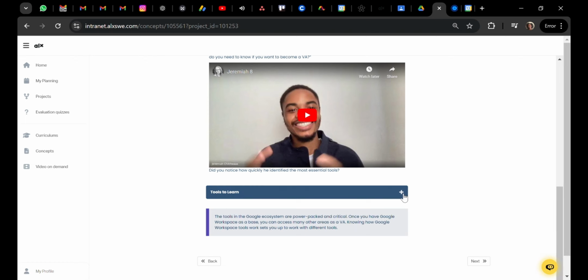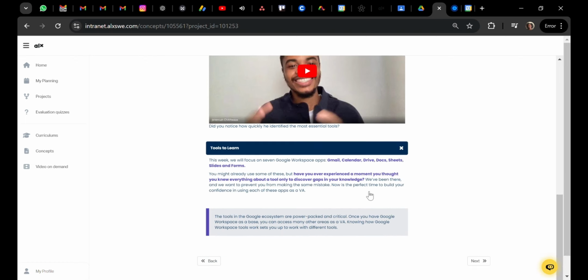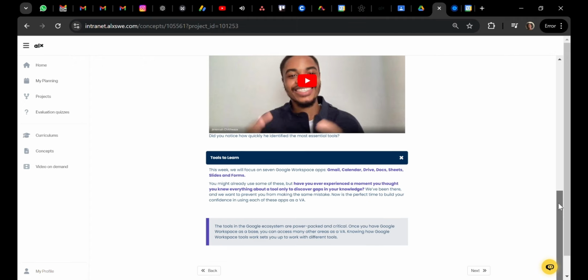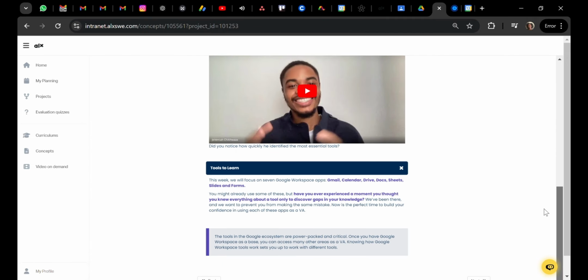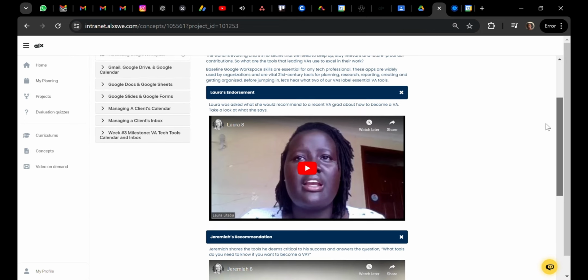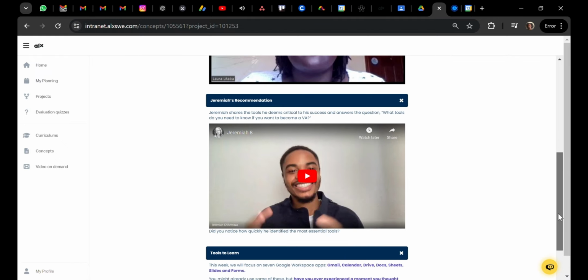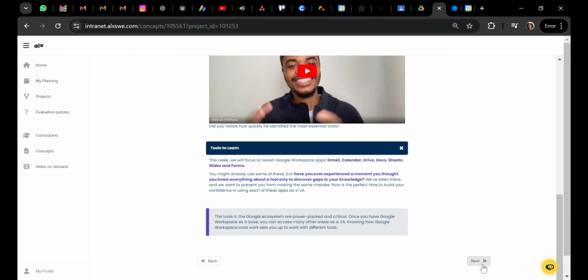You're just going to click the plus to see what is entailed in this page, and you're able to get a brief on what you'd expect. When you are done, again click the arrows right below where you have next, rather than going to the course names, because I find it easier clicking the arrows rather than going the other side, because we might get confused.